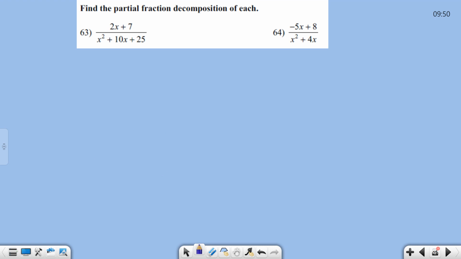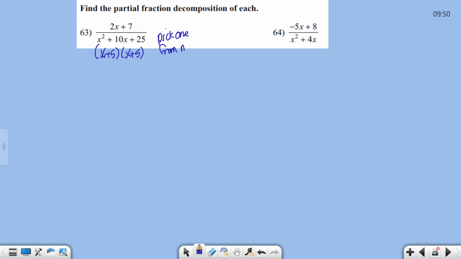For 63 and 64, partial fraction decomposition, I was looking at number 63, and when I looked at this one, I recognized that the denominator is a perfect square. It's the same thing multiplied by itself. You are not going to have one like that because the answers come out a little bit stranger than how we did them. So I want you guys to pick one